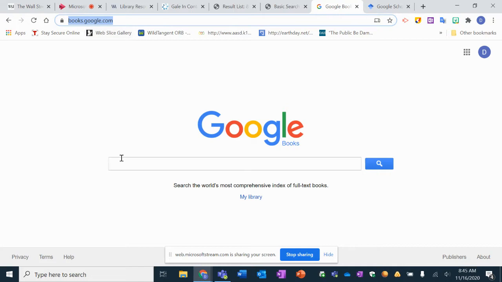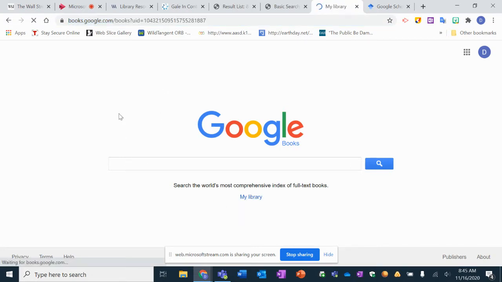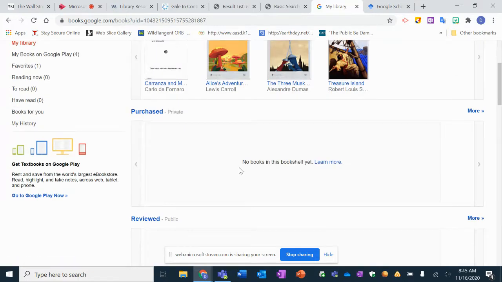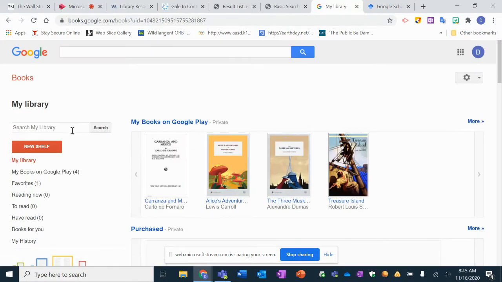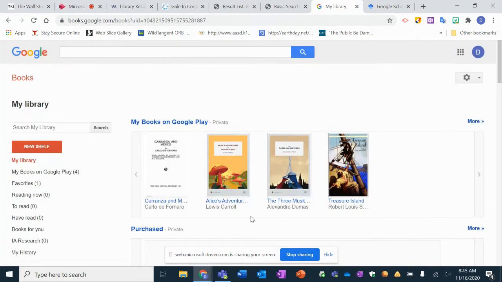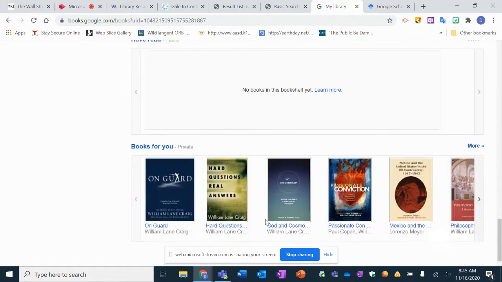Anyway, one thing you can do is go to books.google.com. And then My Library is where you can go, and it's going to show different books. I don't know if you've ever purchased a book on Google Books, it'll be there. But one thing you can do is create a new shelf, and then you can name it like IA research. You can make it public or private, doesn't really matter. Create bookshelf, and then it should give you